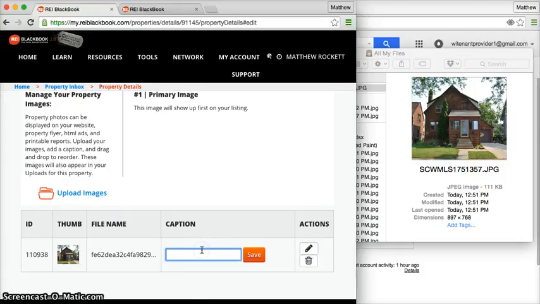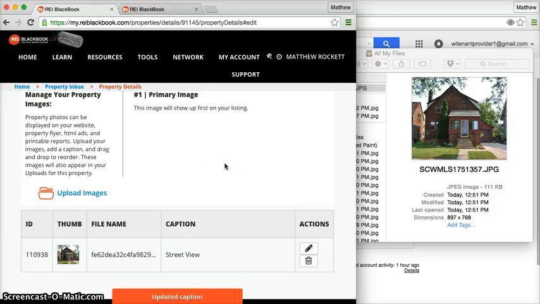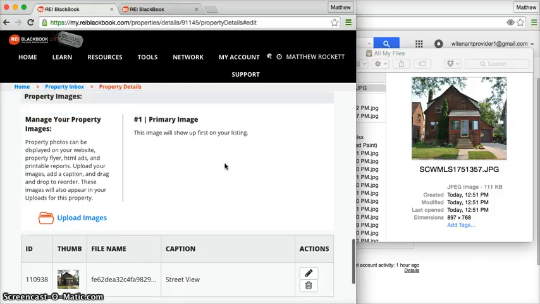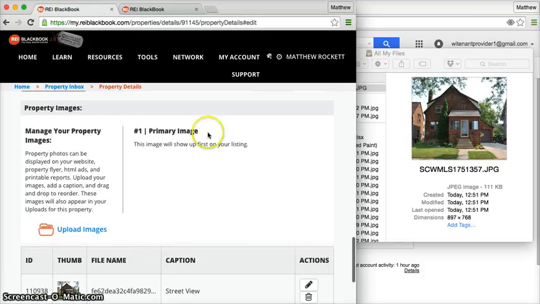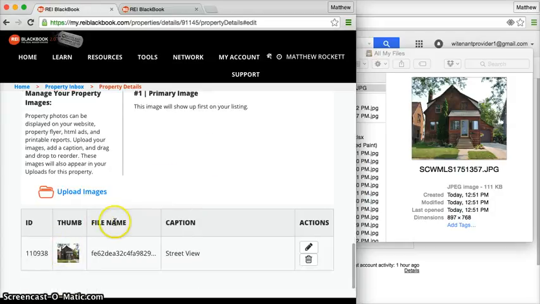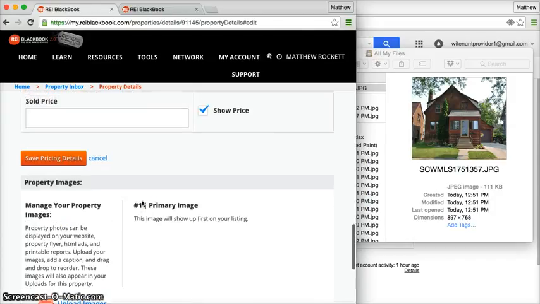And then we'll go ahead and write street view, or kitchen, or backyard, or bathroom, whatever it is. And then we should be all set. So from there, we just want to make sure we have the primary image set, which we always want to be this front picture of the house. And then once that's done,